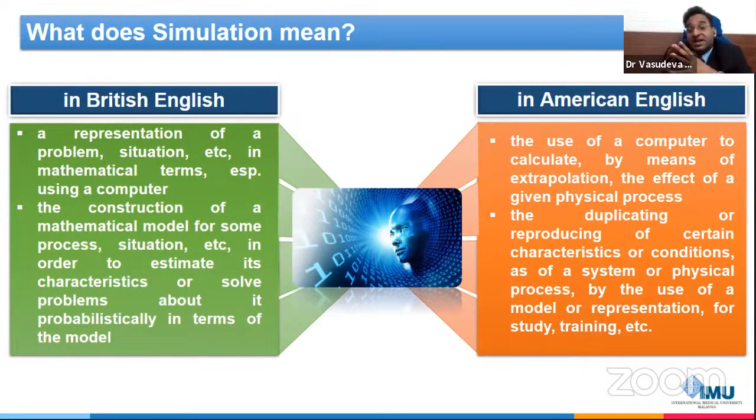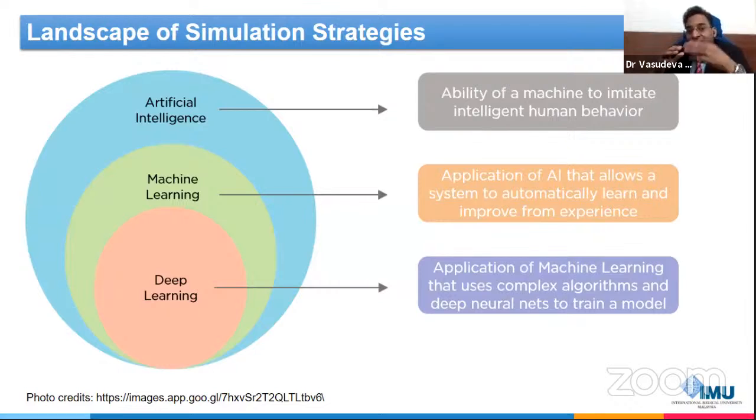So how does simulation really help a lot? Let us discuss further. In simulation, there are several landscapes. The major strategies are categorized into artificial intelligence, machine learning, and deep learning. Of course, under every strategy, the drug discovery phases are integrated. These phases are basically integrated through two major branches: one is bioinformatics and the other is chemoinformatics, the conceptualization of biology integrated with information technology